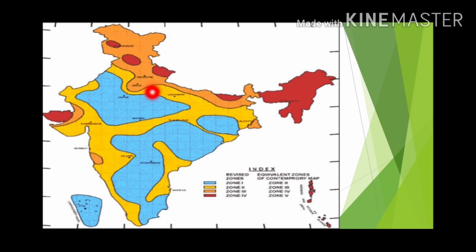So what is happening along the foothills, means along the lower slopes of the Himalayas in the Indo-Gangetic plain, is that some severe earthquakes also occur. So in the Indo-Gangetic plain also severe earthquakes occur because of the movement of the Indian plate towards the Asiatic plate. They are more devastating because foothills have high density of population.